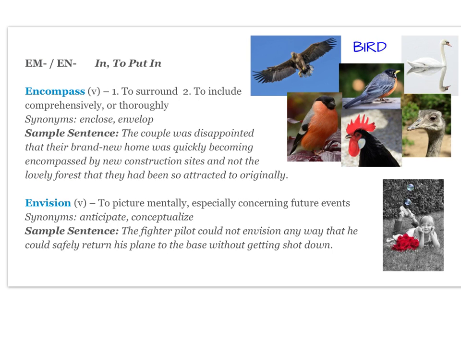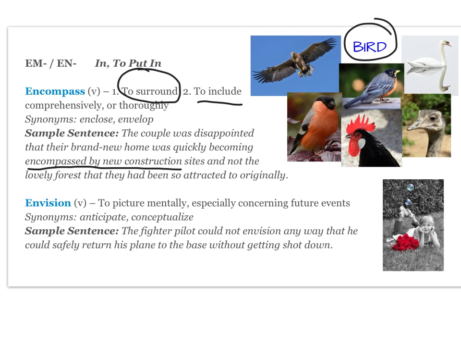Your next word is encompass, which can mean literally to surround. So this circle encompasses the word to surround, or you could have a fence encompassing a property. Encompassing can also mean to include. So over here I have the term bird, which encompasses a number of different species. So I could say, look, there's a bird, and that description would encompass a hawk or a swan or a rooster. Your sample sentence is about construction sites encompassing a brand new home. So they bought a home, but then it became encompassed by construction sites or surrounded by them.